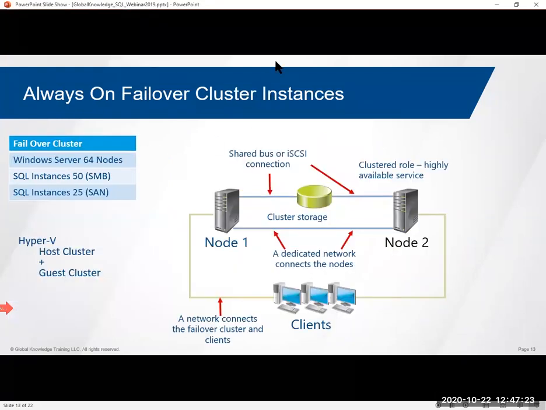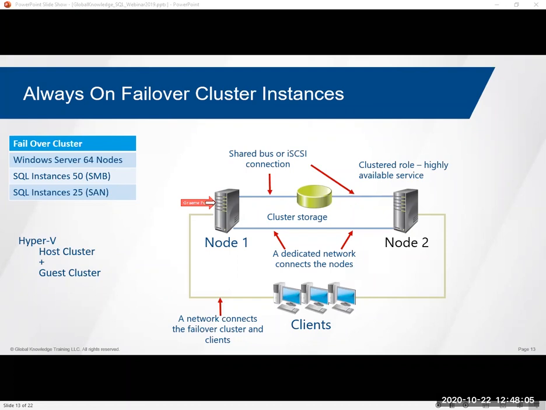We then have a failover cluster implementation. With a failover cluster, I have between 2 and 64 nodes participating in the cluster. For each of the 50 potential instances that I can have running in the cluster, I physically sit down at every single node in the cluster, and I do an install of SQL Server on the first one, and then I do an additional node install on every other node in the cluster. The databases have to be on highly available storage, such that every node in the cluster has access to the databases, and the cluster will control which single node in the cluster is running that SQL Server at any point in time. So only one node in the cluster is running an instance, but we can have up to 50